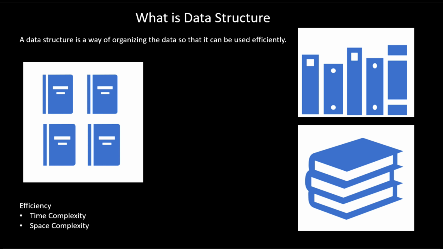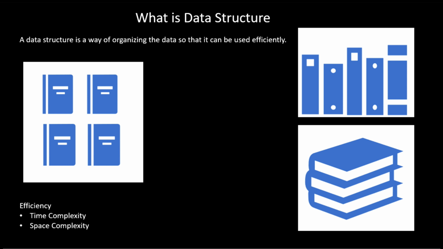So what is data here? In this example, data is a set of books. Data can be simple data or complex data. It means that we may need to store just student A, or we may need to store entire information about the student, like the student's address, the phone numbers, and the marks obtained in all semesters. So it can range from simple data to complex data.